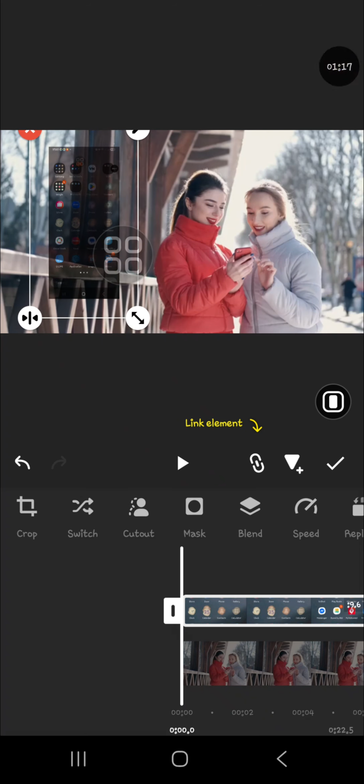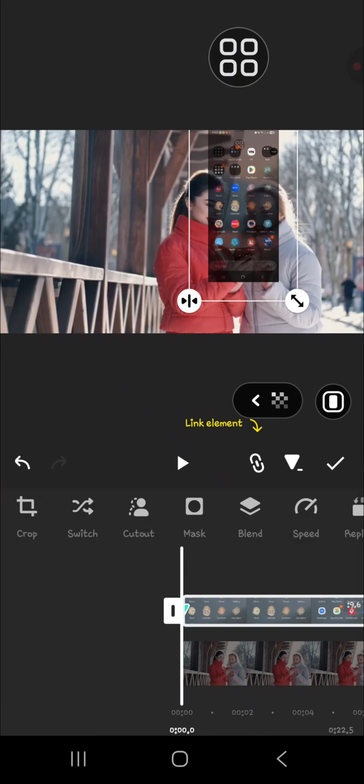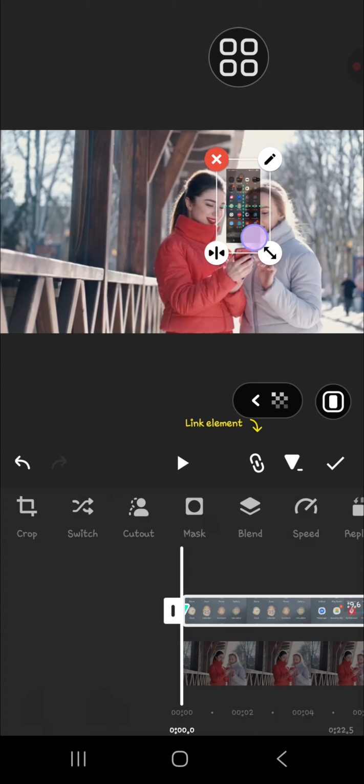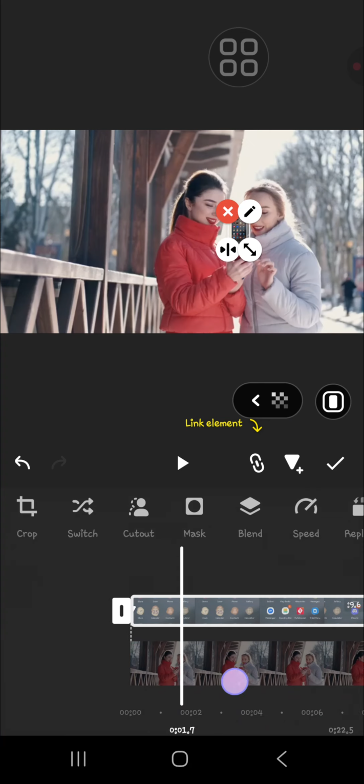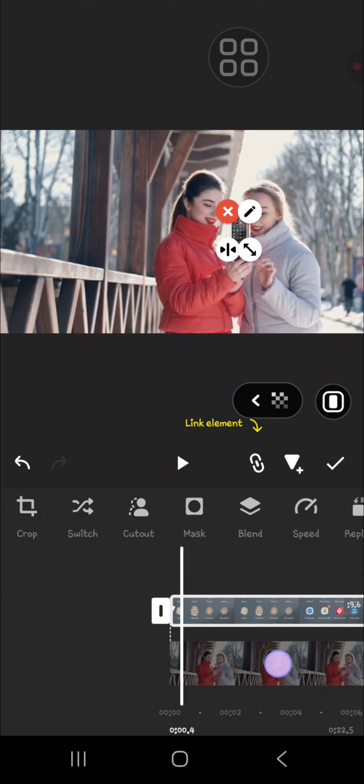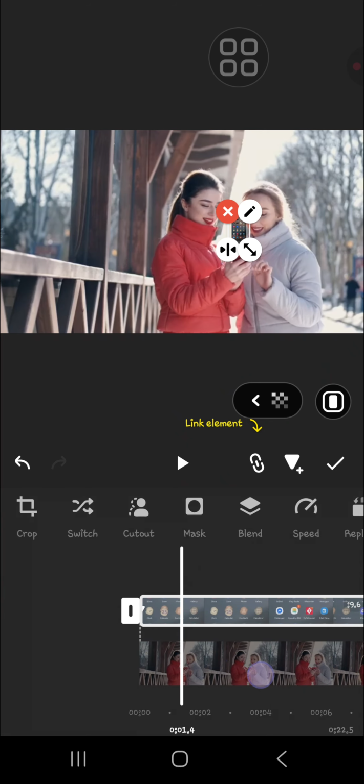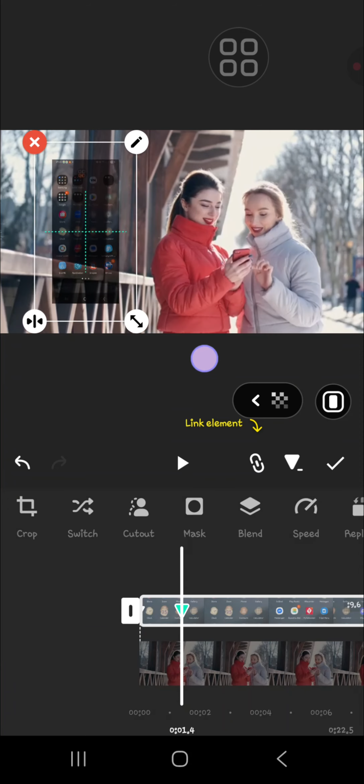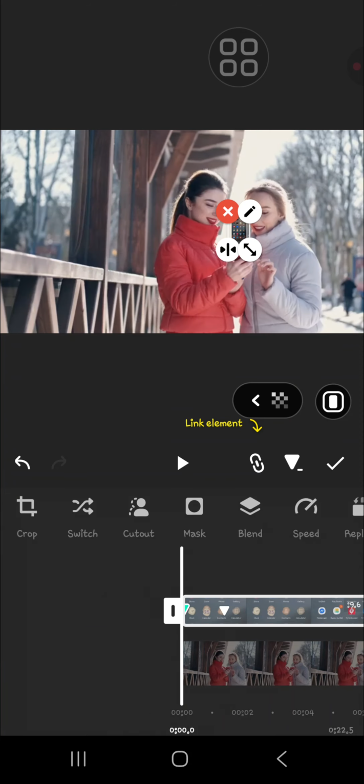I'm going to add first keyframe here, and for the first position I'm going to make it super small. I'm going to place it here nearby the phone, and then we're going to move it here and add keyframe, and for the second keyframe I'm going to drag the video right here and zoom in, and then let's